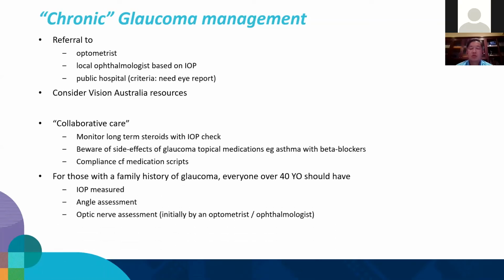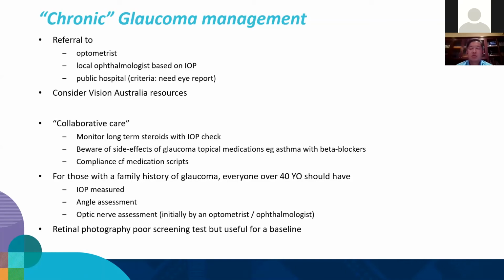For those who have a family history of glaucoma, again, primary relatives, once they hit the age of 40, they should have their eye pressures checked, their angles assessed, and the optic nerve photographed either by the optometrist or ophthalmologist, because it can take many years to see changes of the optic nerve. So basically, as much as I like to say I can remember what my patient's eyes looked like 10 years ago, you can't argue with a photo with these patients.